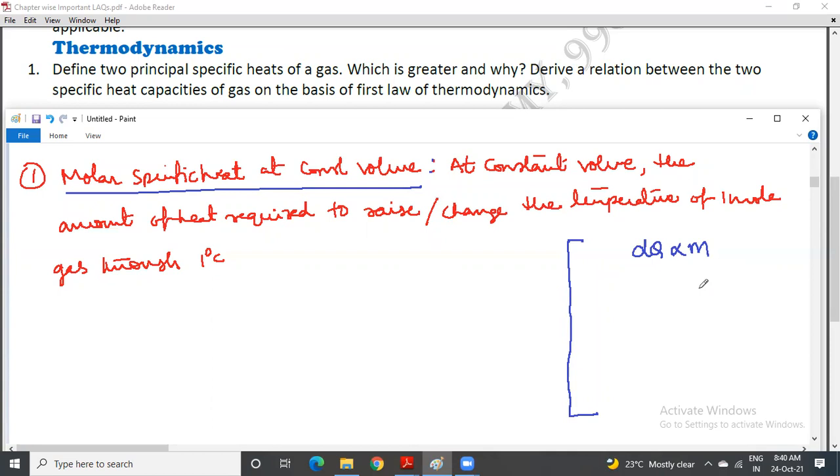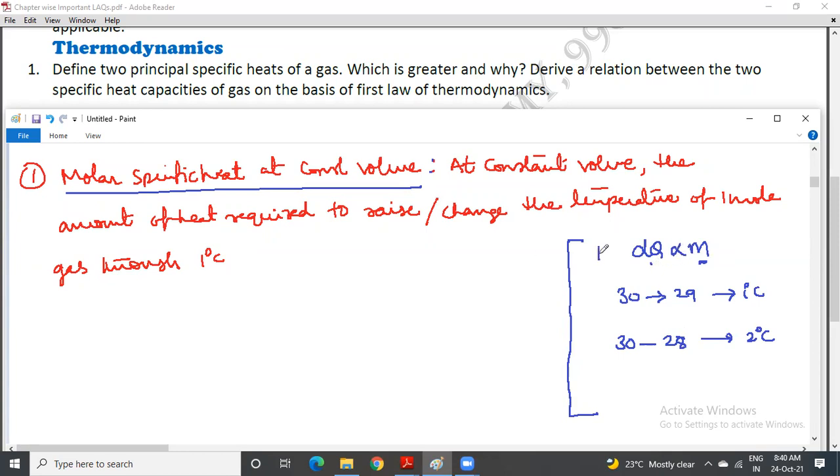Similarly, suppose 1 liter of water is taken, and the temperature is maintained at some 30. If you want to decrease its temperature to 29, so 1 degree difference only, you need to take some amount of heat dq. Suppose you want to change 30 to 28, so the difference is increased, so you need to remove more heat. So the more mass is taken, the more heat is required to change. Change means addition and subtraction, so a difference in temperature. Therefore, the more mass is taken, the more heat is required to change the temperature of unit mass of a substance by 1 degree centigrade.